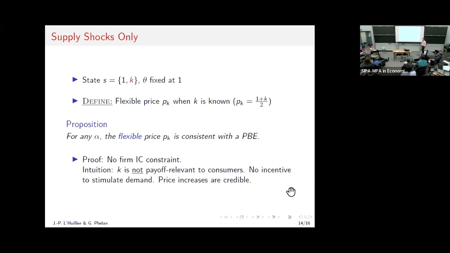When costs are high, firms increase prices because costs are higher. That leads to lower demand, but that's credible because that's what profit maximization implies. To understand why this is credible: if costs are low, what the firm wants to do is lower prices and sell more. So as you can see, the logic is very different. Like Hassan told me when we were sitting down, in this case incentives are aligned, so to speak, between the firm and the consumer, different from the demand shock case.